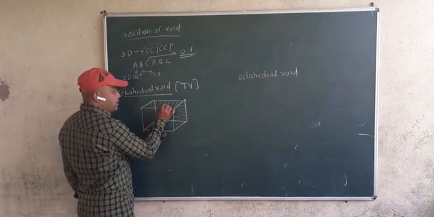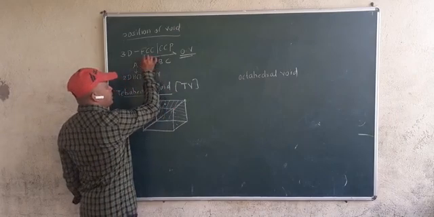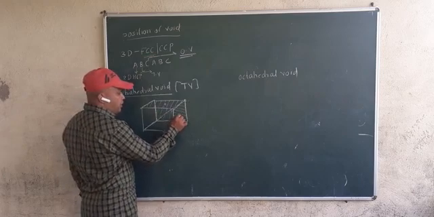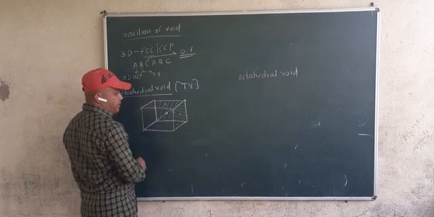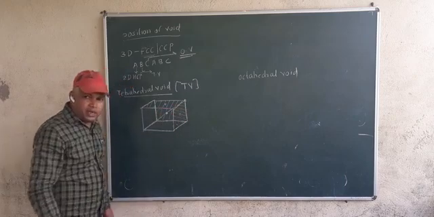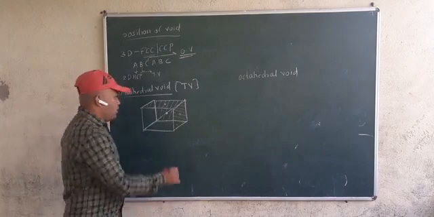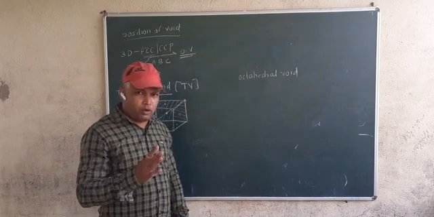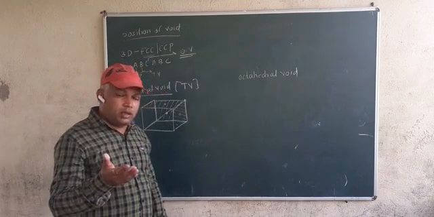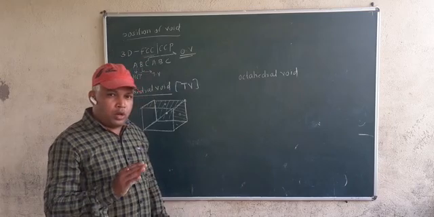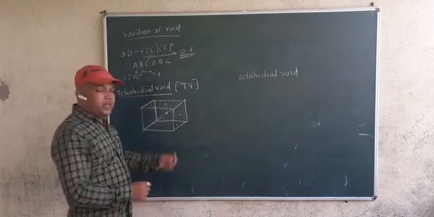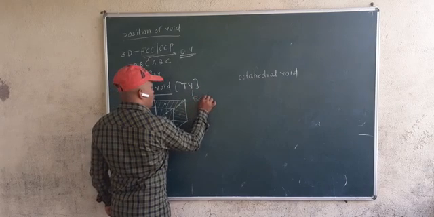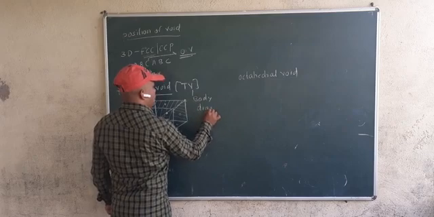तर मी जर इथं, कारण इथं FCC म्हटलंय आपण, FCC म्हणजे फेस सेंटर, म्हणजे फेसला एक कॉन्स्टंट ॲटम असणार, इथे एक कॉन्स्टंट ॲटम असणार आणि इथे एक कॉन्स्टंट ॲटम असणार. तर टोटल कॉन्स्टंट ॲटम किती झाले? 1 2 3 4. टोटल 4. तर त्याच्यातला गॅपला आपण काय म्हणतो? टेट्राहेड्रल व्हॉइड. जर असं विचारलं वेअर इज द टेट्राहेड्रल व्हॉइड, यू विल से इन बॉडी डायगोनल.